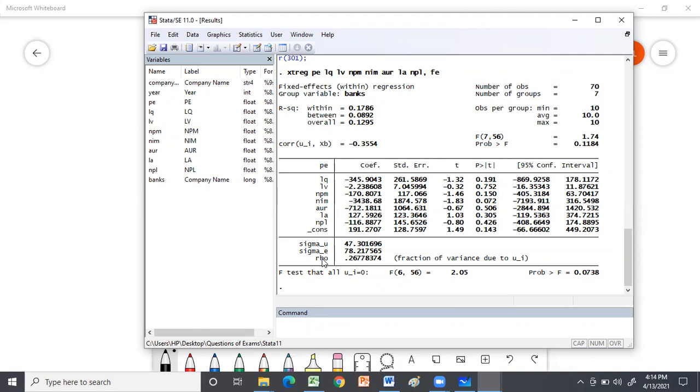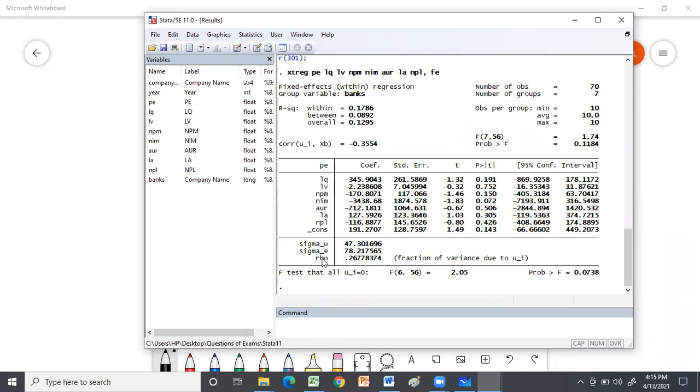Okay, so if one year's error term is found correlated with another year's error term within BRAC Bank, within the same entity, if one year's data set error term is found correlated with another year's data set error term, then it would be estimated by the value rho. And it is found at 0.2677, which means